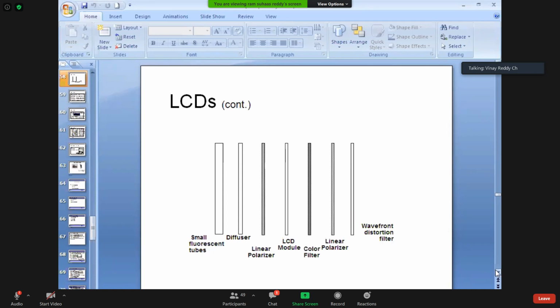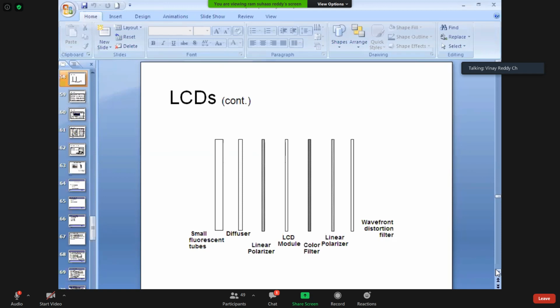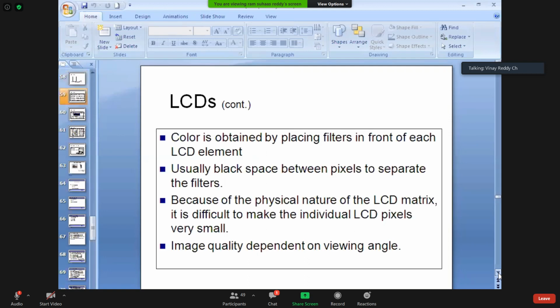So transforming one image, what is the image you are getting? So all these are joining. When you open this TV, you can visualize all this because normally these are made with very small thickness. Normally, it is shown in the diagram with some thickness. In real time, it won't be like that.